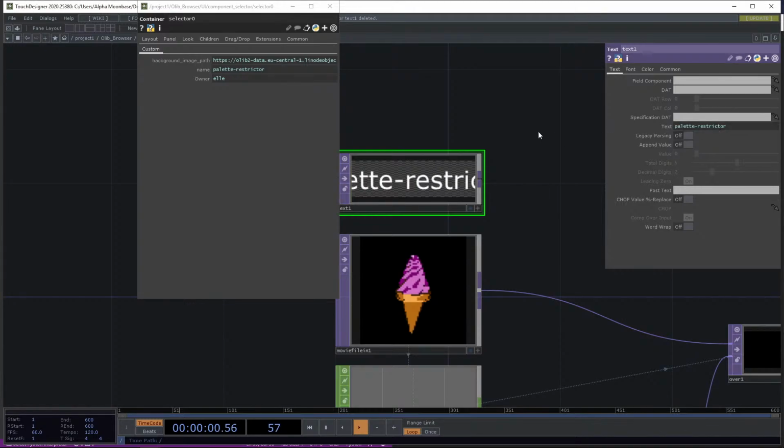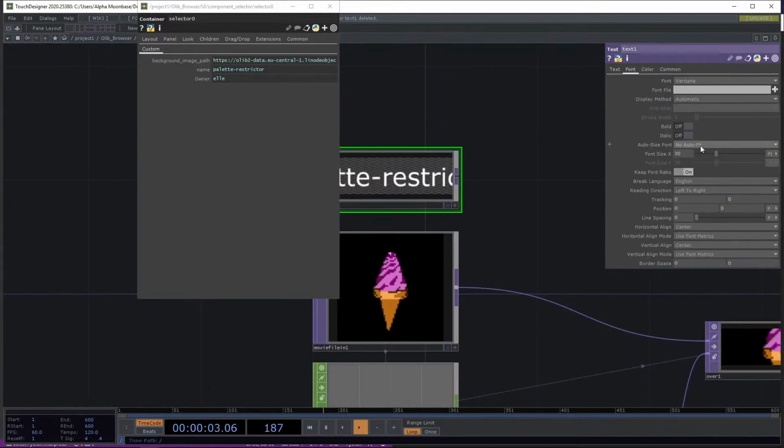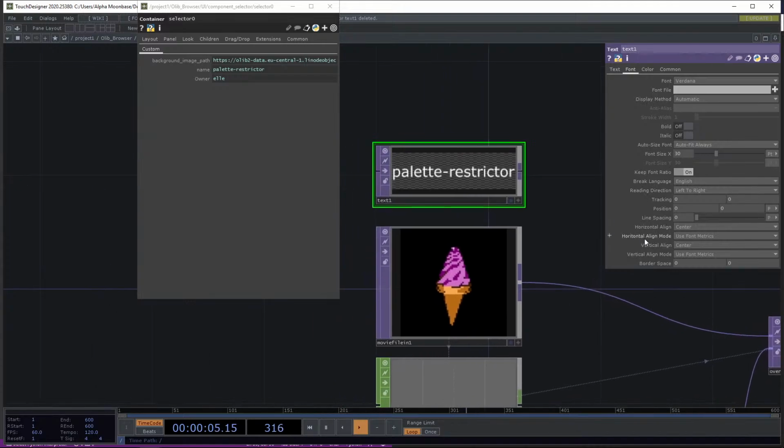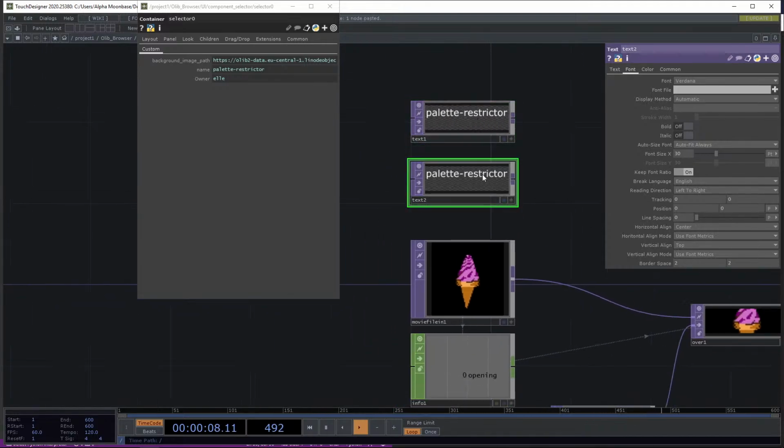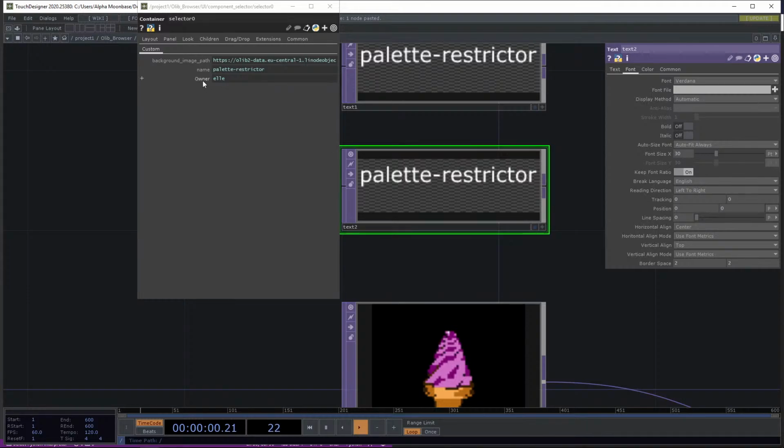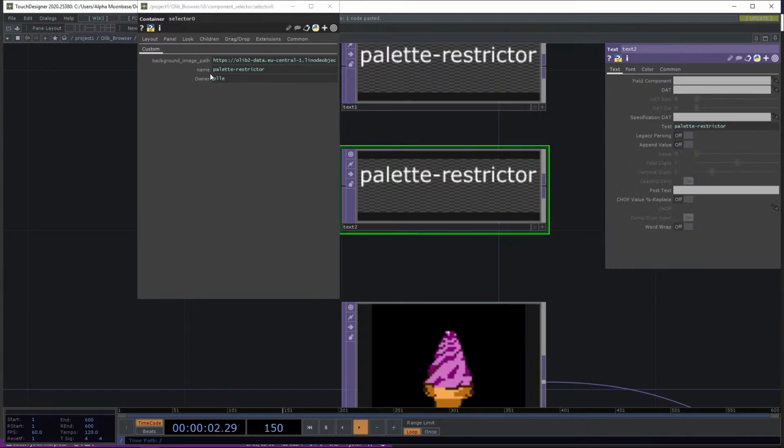Now we're just going to say reference instead, and we're setting the font to auto fit always. Give it a little bit of border space, like 2 pixels. And of course, we are going to put it on the top here, because we're also going to use a second text where we are now instead referencing the owner